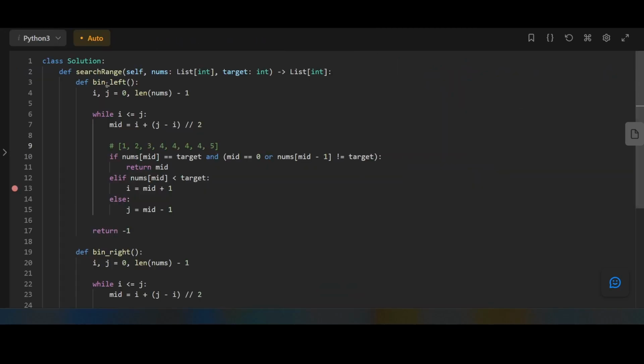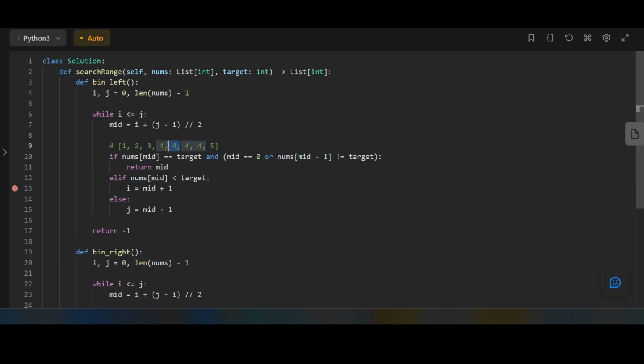Let's first take a look at the binary search for the left bound, right? This is exactly the same as the binary search I showed before, except for the middle case, we have an extended if statement. Here we're saying that when the current number, the middle index number, equals target, we do another check. So say over here, we want to find the leftmost bound. We land here. We want to check that, hey, this equals the target, but is this the leftmost bound? How do we know? We know that this is the leftmost bound if mid equals 0 or nums[mid - 1]